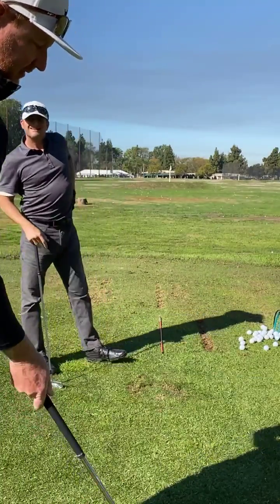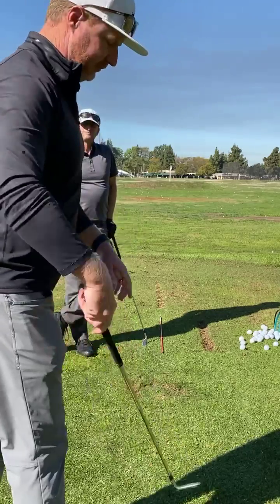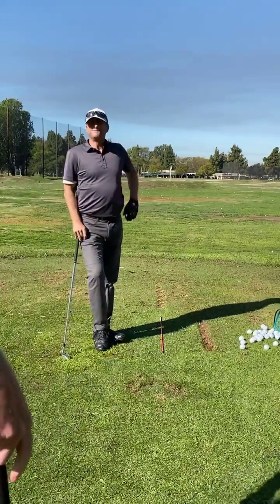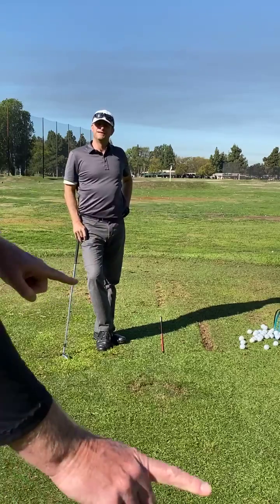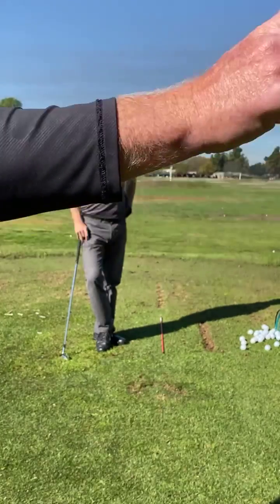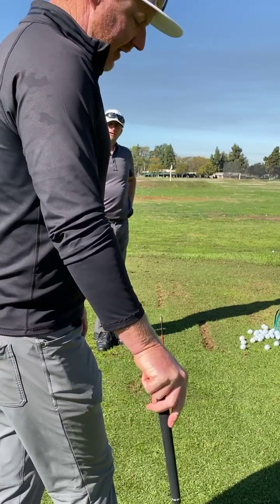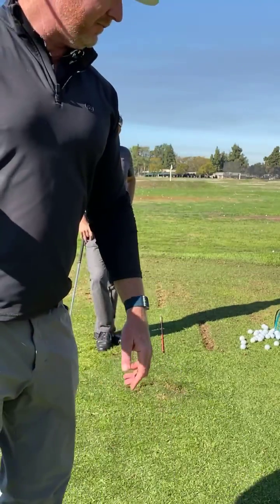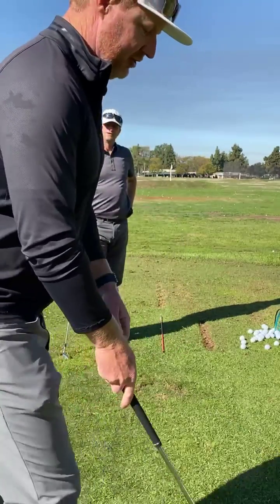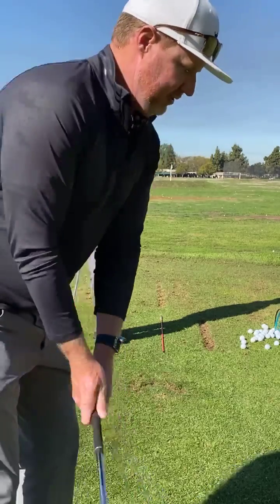So this is kind of in closing, if I was to wrap this together. One of the things that's interesting about your aim, in theory, it's different for everybody, but generally people aim based on their angle of attack, inherently, and or their path, which is an accumulation of their swing direction and their down. But I think with you, because this gets cut off and this inherently works a little this way, you start moving your baseline this way, and then you start to shut the face by lowering the handle down. So you get the handle low, you start aiming right,